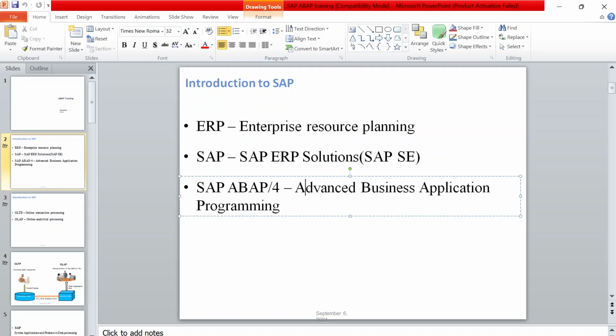Okay, enhancing the standard application means SAP ERP is a product, right, which contains predefined functionalities, right, existing functionalities for all the different functional processes. We can enhance the standard functionalities as per our requirement, or we can also create a complete custom application,